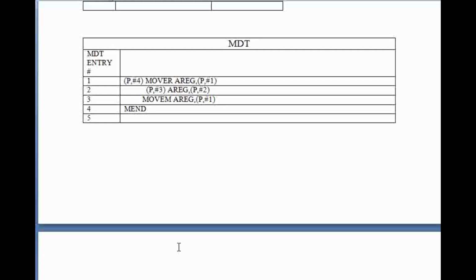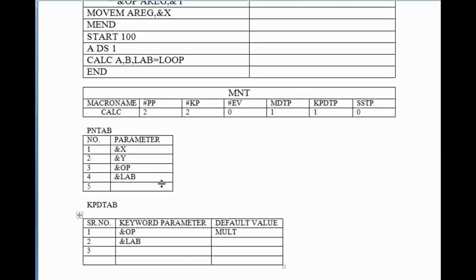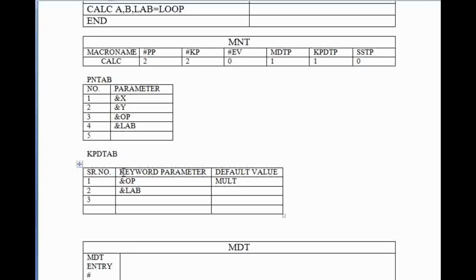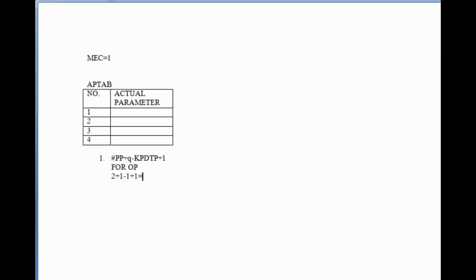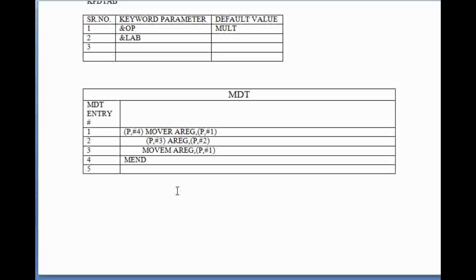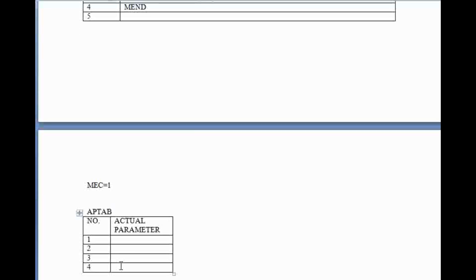So I'll just show you. #PP is 2, OP is 1, which we have got from the keyword parameter default table, KPDTP is 1. So this value turns out to be 3. So at the third position I am supposed to enter the default value for OP, which happens to be MULT. So we write here MULT.